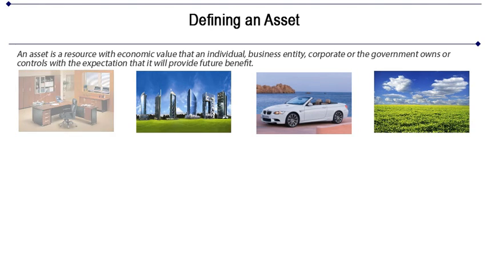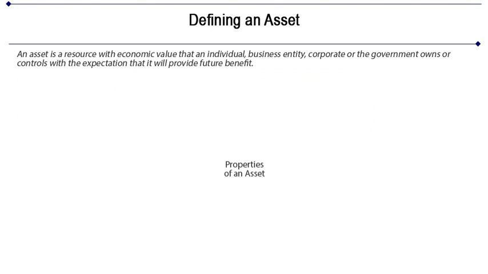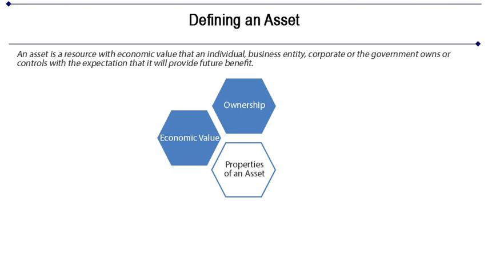If we dissect the definition of an asset, we come across various properties of an asset. Ownership. An asset represents ownership of value that can be converted into cash or cash equivalents. Economic value. The asset should have some economic value, so it can be exchanged either for cash or kind. For example, it can be patents, brand name, or even prepaid expenses like advertisement, etc.